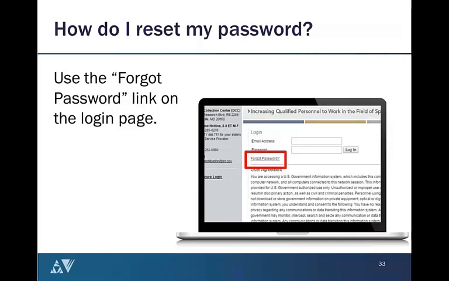All right. So as you may guess, one of the most frequently asked questions we have is, how do I reset my password? On the login page, just below where you'll insert your email address and password, we have a link for if you forget your password. This will send you an email prompt to reset your password, and you should give it a few minutes to reset. And if you continue to come up against issues in resetting your password or gaining access to your account, again, please reach out to the help desk,